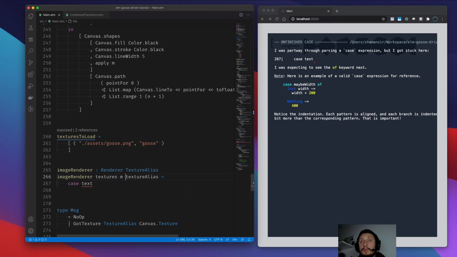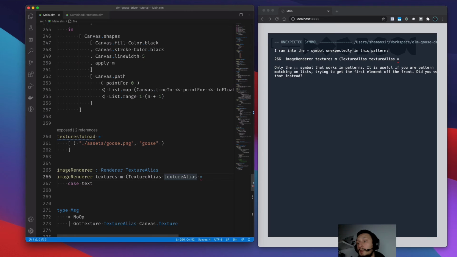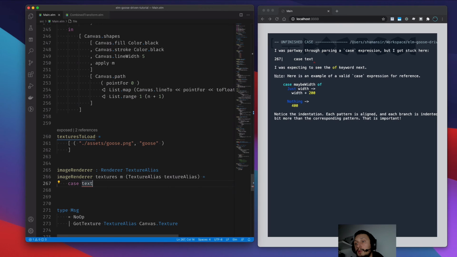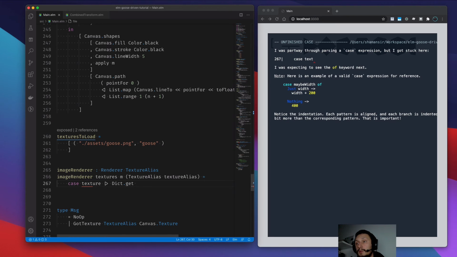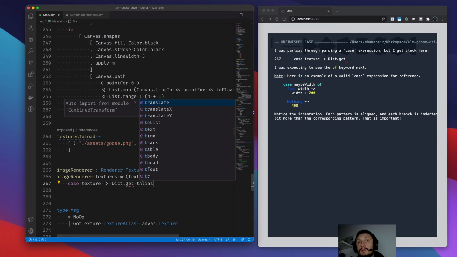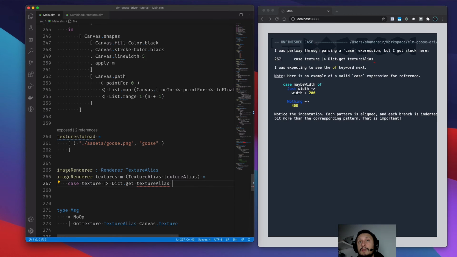We have to unwrap this string value, texture alias. We look into the dictionary for the texture alias,